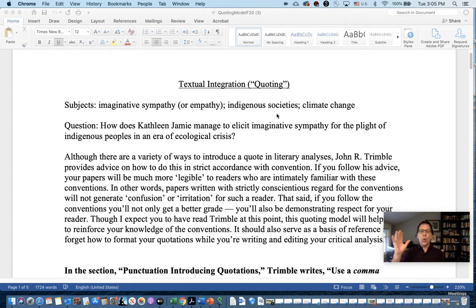So what you should do at this point in the process is go back into the text that you've chosen and identify any aspect or aspects of the text that resonate with your chosen subject, topic, or theme, or subjects, topics, themes, plural,